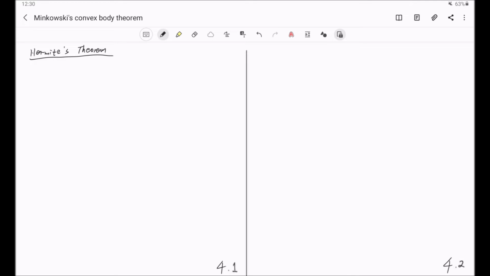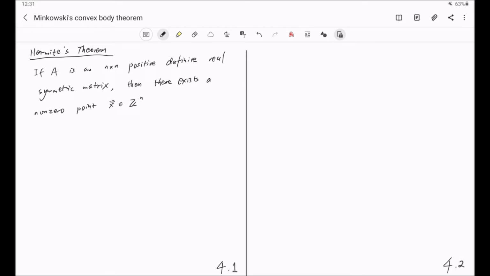Hermite's theorem states that if A is an n by n positive definite real symmetric matrix, then there exists a non-zero point x in Z^n such that the quadratic form x transpose Ax is bounded by some constant c sub n times the determinant of A raised to the power 1 over n,